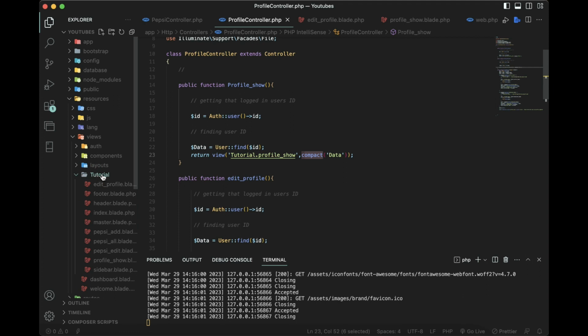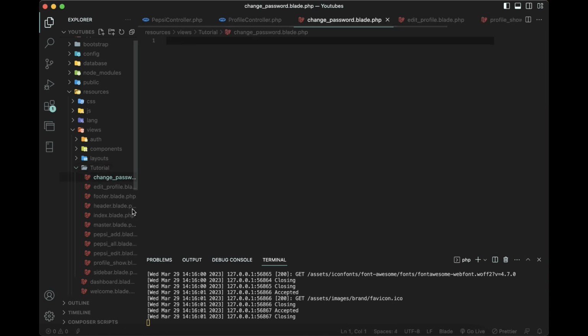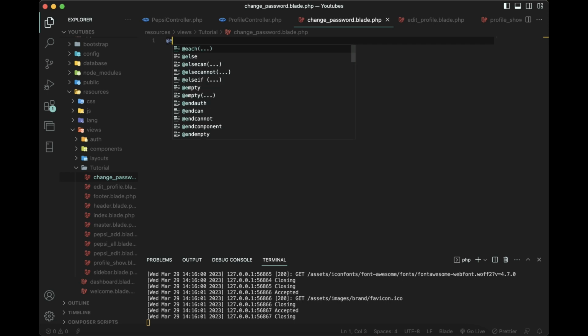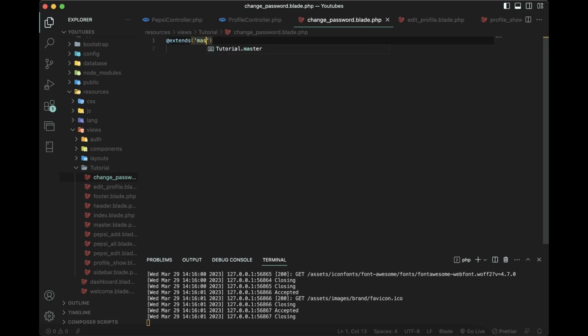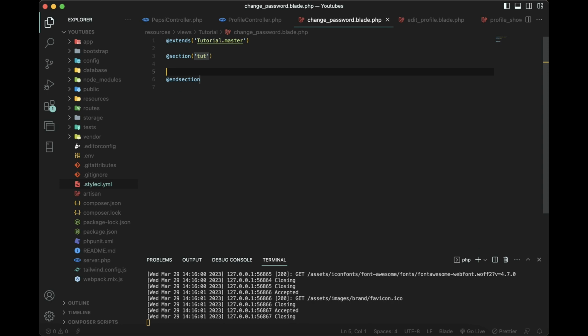and to tutorials, and inside here I'll make a new blade file, and I will name this blade file change password dot blade dot php. And now what I'm going to do here is extend my master page, and then I will also add my section with an ending section tag, and then my section ID. Now what we need to do here is add input fields for changing our password,